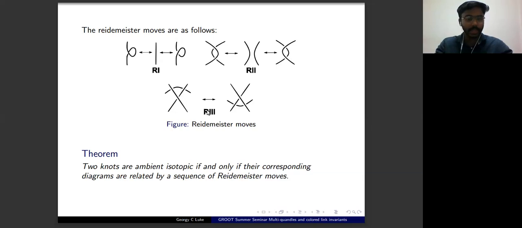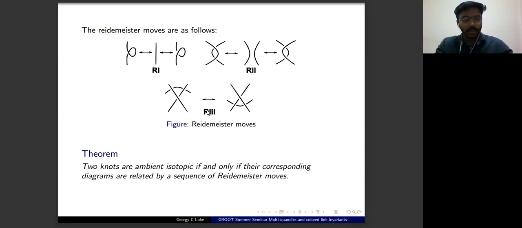So the classical theorem in knot theory is the following. Two knots, or links, are ambient isotopic if and only if their corresponding diagrams are related by a sequence of Reidemeister moves. One direction, the converse direction, is easy actually. If the diagrams of two knots are related by a sequence of Reidemeister moves,